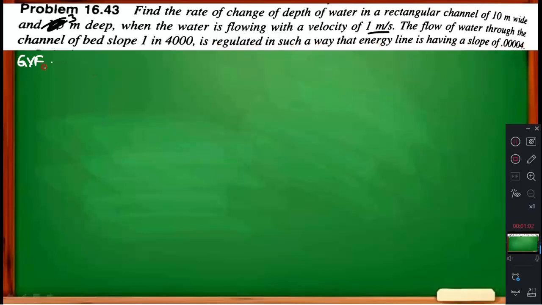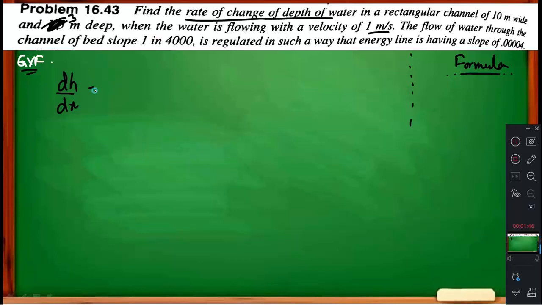Okay, here look at it, gradual varied flow is there. All the formulas you write on one side, then after that you read the problem and write the data and what is asked. That is very important. Here, a list of formulas you should write somewhere, and after that you read the problem. Find the rate of change of depth of water in a rectangular channel. Here what they are asking: rate of change of depth. Depth means h. Rate of change means dh by dx. So they are asking us to calculate dh by dx.